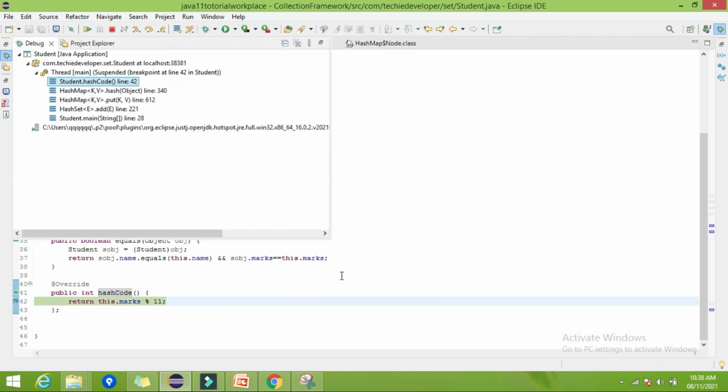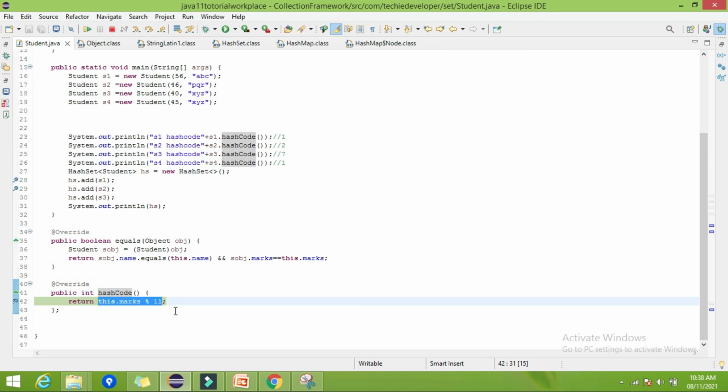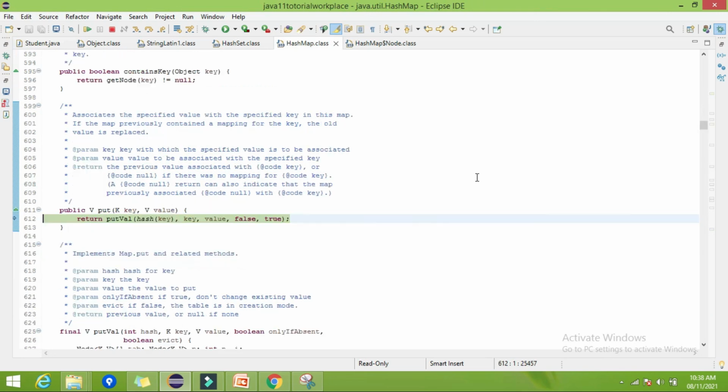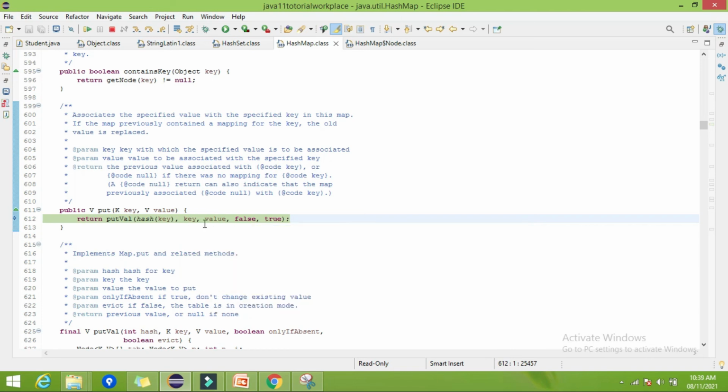So here you can find the debugger comes to our hashCode method, and it returns the hash code as 1. Okay, so here we are calculating the hash code. So hash code will be 1, key will be our student, and value will be the present object, and after that it will store into the node format whatever I have shown you in the pictorial. It will work as it is.